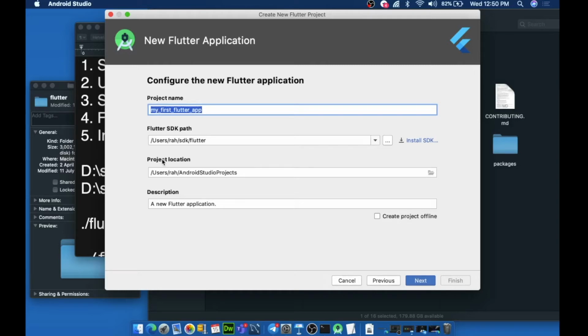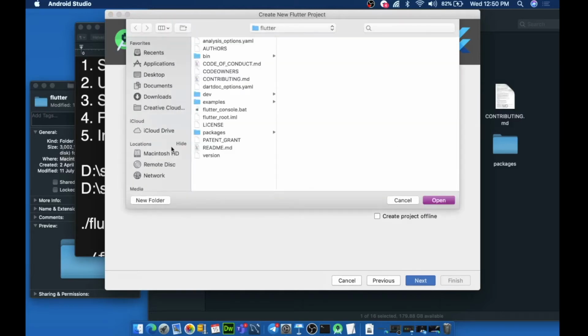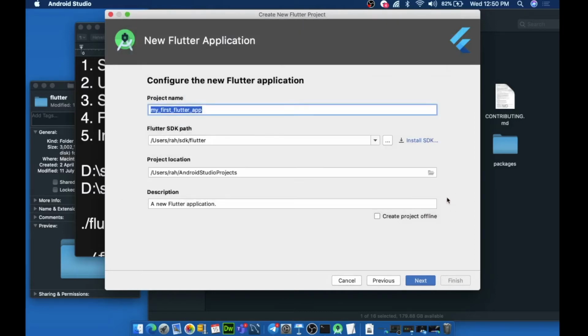Francis, the folder specified as Flutter SDK home does not exist. Okay, Francis, do this. In the 3 dots, click on it. Go to your C drive. Double click on src. Double click Flutter and hit open. Flutter, click on it. Open it. I think that will resolve your problem.